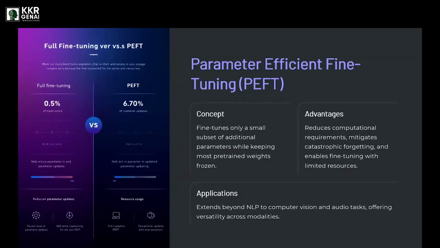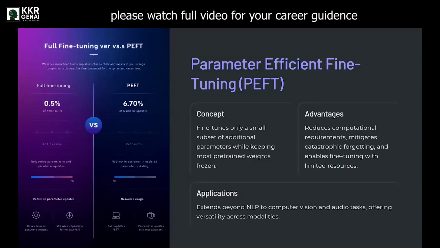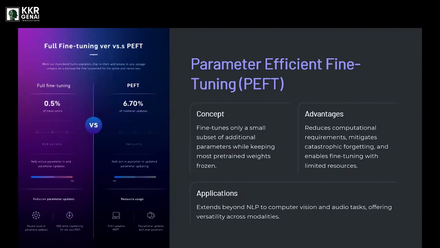If you remember from 11th and 12th grade, you have heard about the rank of matrices. You convert a bigger matrix into a couple of smaller matrices, which represent the information of the bigger matrix. You use that technique in order to come up with parameter efficient fine tuning. It inserts lightweight layers into the model. So this is one efficient way of doing parameter efficient fine tuning, which is low rank adaptation.